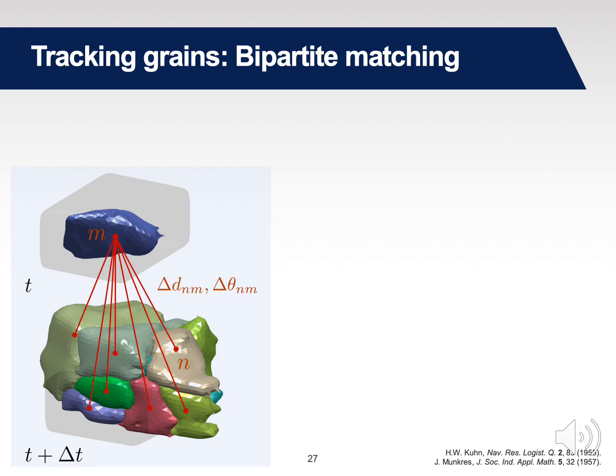And so you have two things to consider here. You have the centroid position. So if you have this grain here, obviously by eye you can tell it's not the same as grain M. They have different colors, which mean that they have different orientations, which mean in turn that they have high misorientation. And secondly, you can appreciate that the centroids are different. So it's highly unlikely that this grain is the same as the one at time step t. So we need to consider carefully the centroid position as well as the misorientation across time steps.